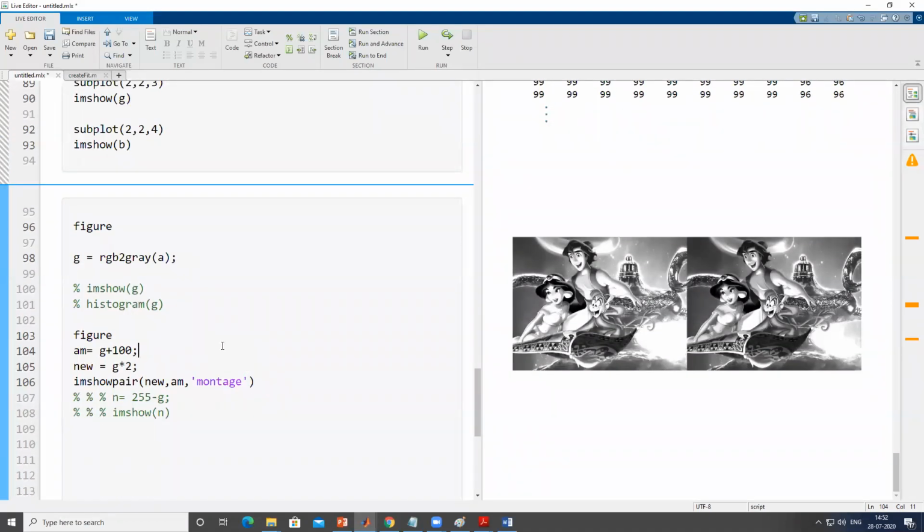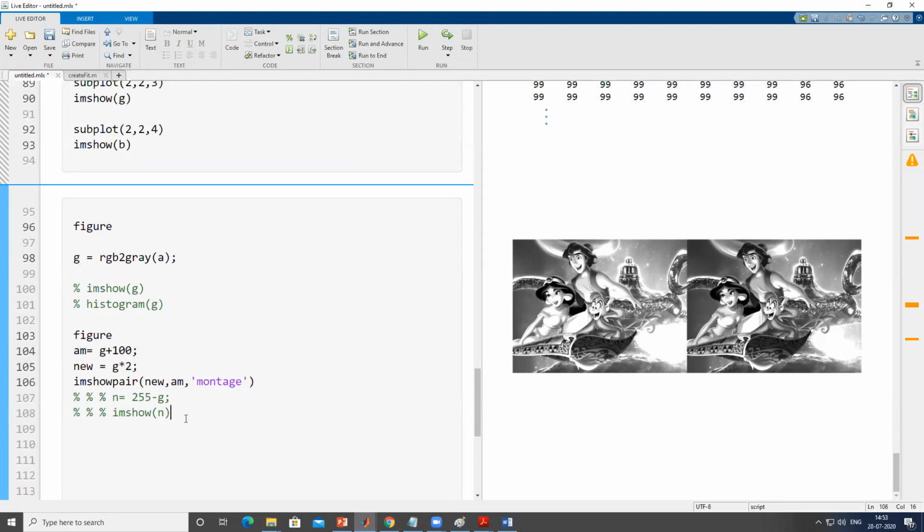Now, can we add or superimpose two different images as we did in the graph? The answer is yes, we can do that also, but it has to follow the matrix addition rule. And the matrix addition rule says that in order to add two different matrices, their dimensions should be the same. Okay, so now that example we're going to see.